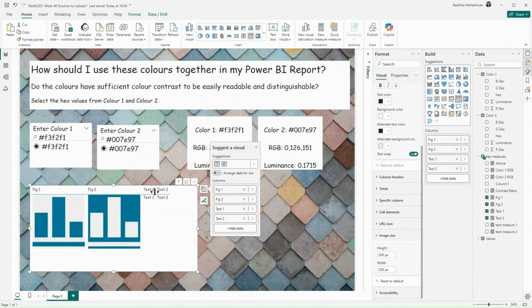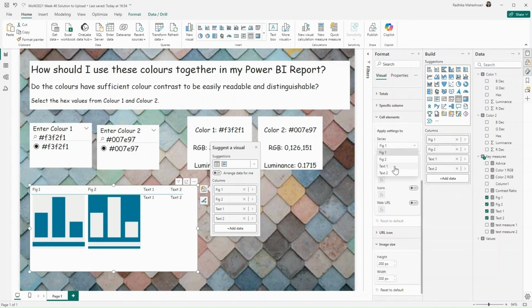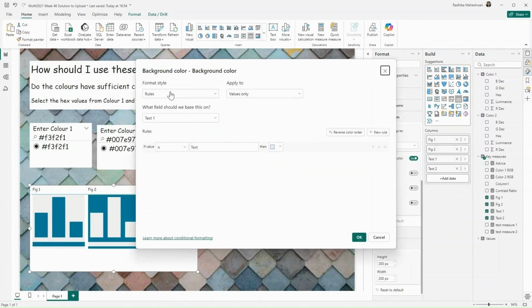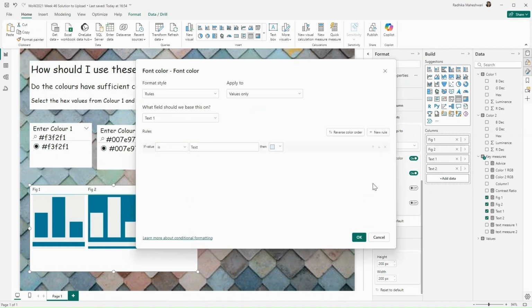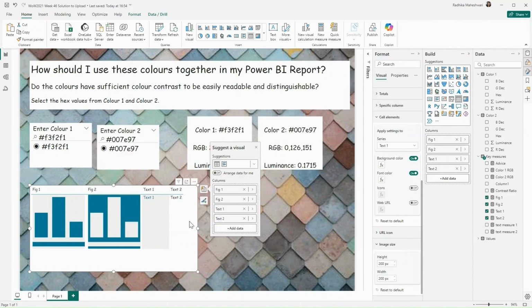And now for text 1 and text 2, so let's go to cell elements and go to text 1, and for background color it will be on the basis of field value, and the field value would be the color 1 hex code, and click on OK. For its font color also, we are going to turn on conditional formatting. It will be based on field value, and this time it will be the hex code of color 2, and click on OK. So now we have in a grayish background a blue color for text 1, and